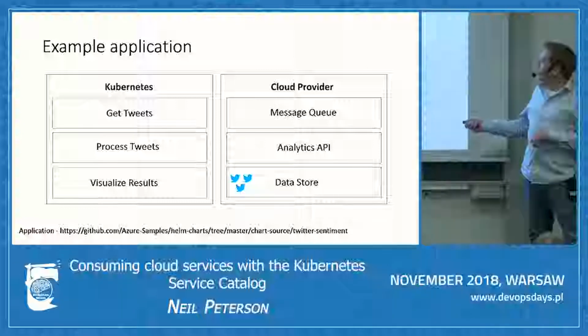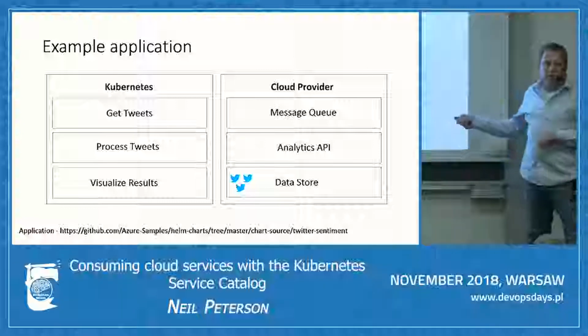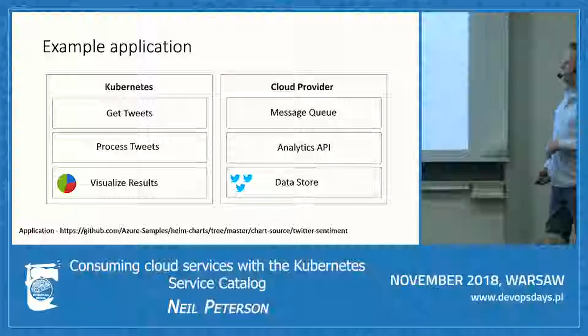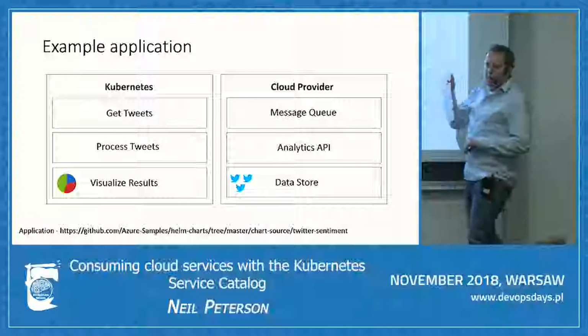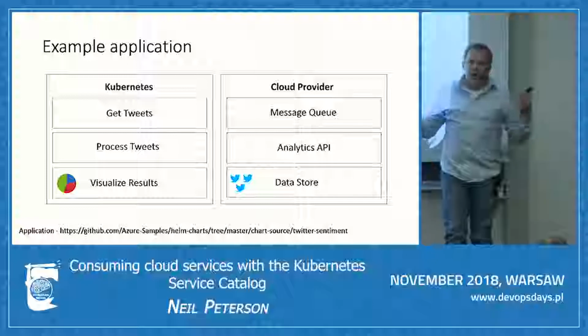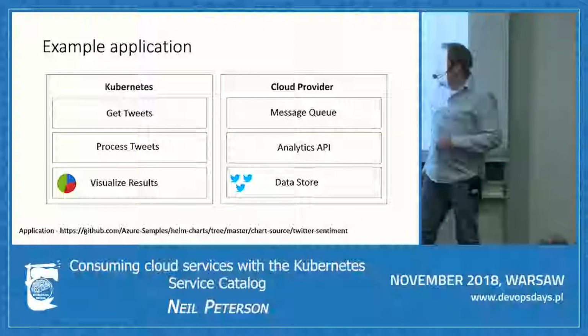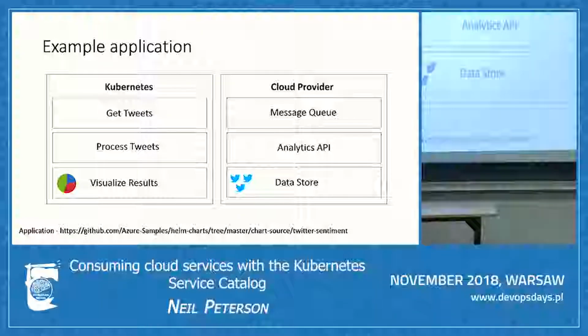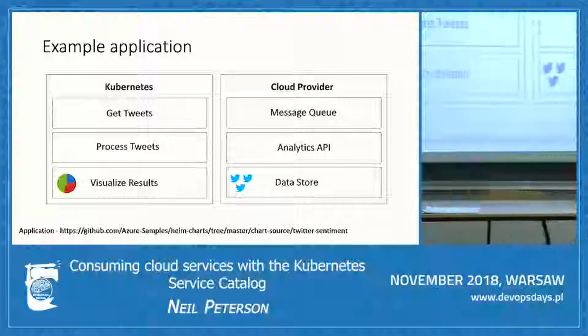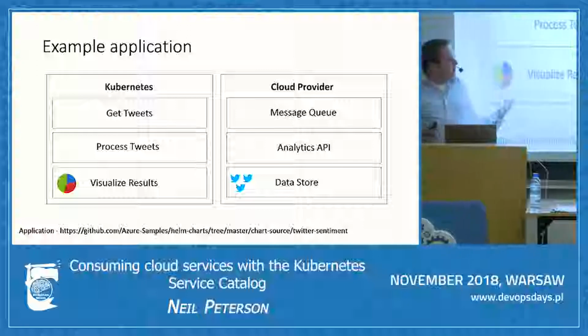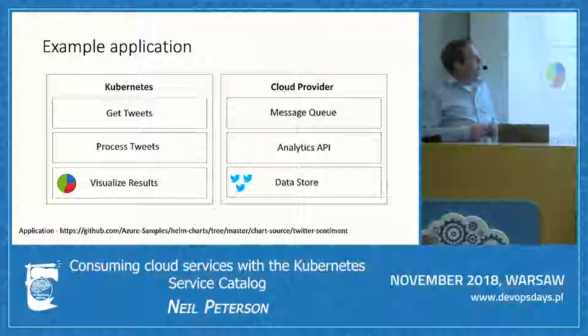This data is then stored in an Azure Cosmos database. And then finally, there's another container that's just visualizing the results. It's just a Flask website that is a chart charting the results of all of this. So, relatively simple application. But the point I wanted to land here is that we